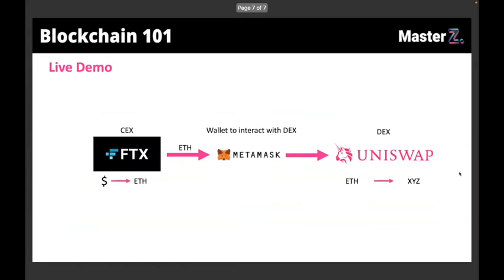Because yeah, you can go on the next slide. What I'm gonna do is, as you can see, go on a centralized exchange, which is FTX. I have some dollars in it. We're gonna buy some Ethereum, and we're gonna send it to MetaMask on my private wallet. And then we're gonna use MetaMask to interact with the decentralized exchange, which is Uniswap. And I'm gonna show you there how it works. And you can buy with your Ethereum a lot of tokens there. So I will be right back. See you soon.